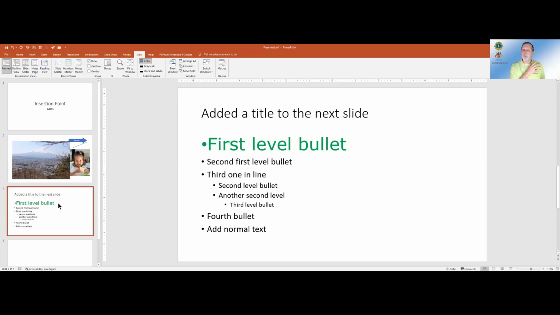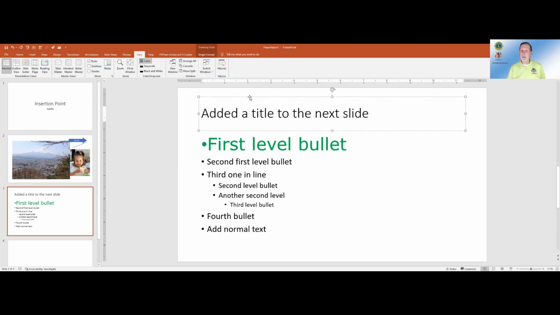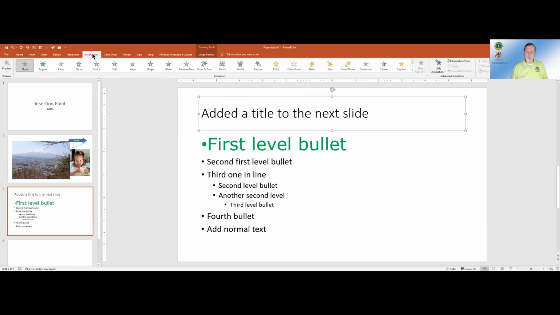I'm going to work first with the text, and I'm going to work on the title for slide number 3, what is now my slide number 3. I'm specifically going to select the frame around it. For me, that's a little easier to work with. I've selected the frame surrounding it, and from the Animations tab over here, this presents me with a whole lot of neat different ideas.